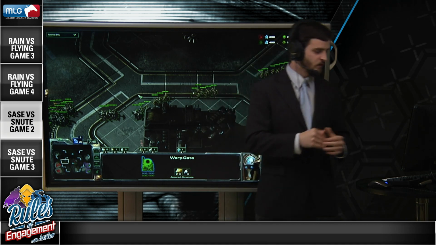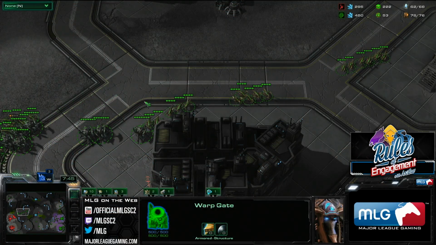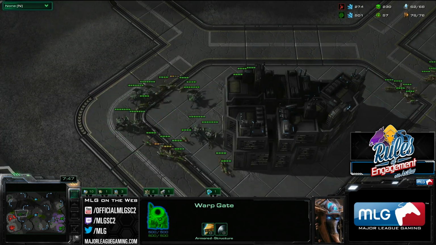But now he knows that his opponent made all these units. Just got to sit back and defend, and he's going to be very far ahead because Snute cut so much economy early on to get this massive force out early. So if we jump into the game, we now know that he has an advantage because of that Mothership scouting